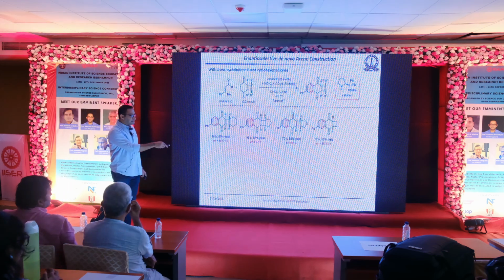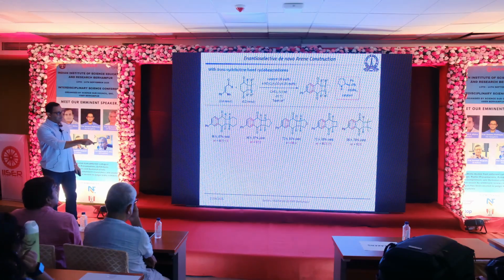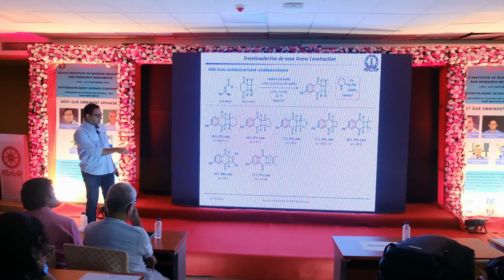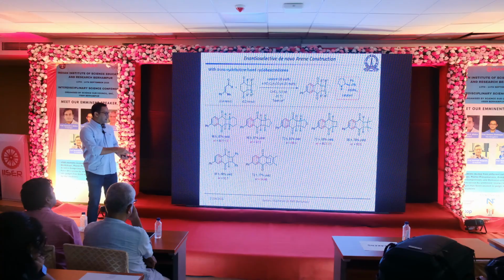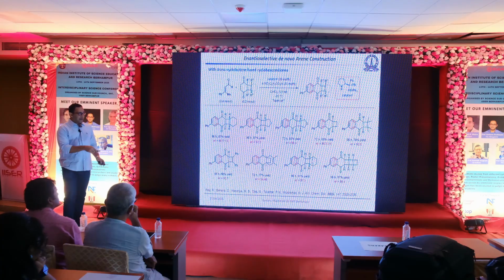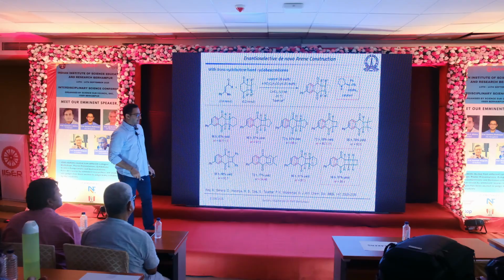We can do simple cyclobutane, also quite works very well. You can put different substituents here and so on. This is not surprising because at this junction you have substituents on both sides, so therefore the selectivity is not good. And this is particularly interesting because this is exactly what we are looking at in this natural product, that is